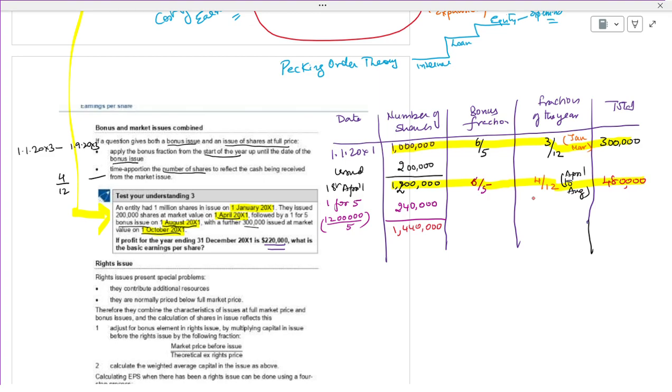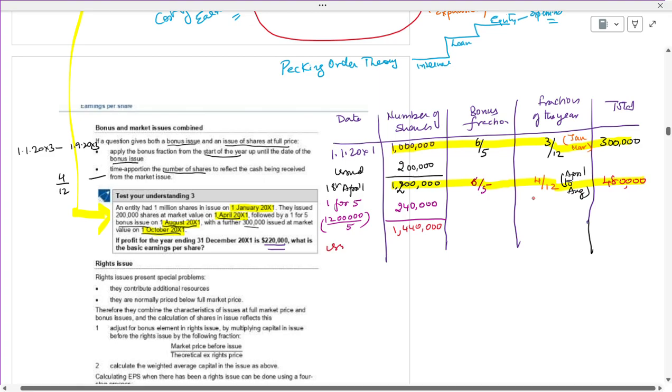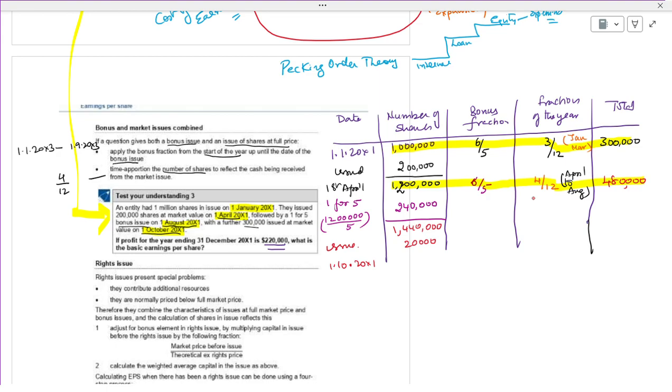This is the first one. With a further 100,000 issued at a market value of how much? When they have issued further, it is a further issue, is it right? They have issued on 1st October 2001. How much did they issue? 200,000 shares. They have not said anything with a further